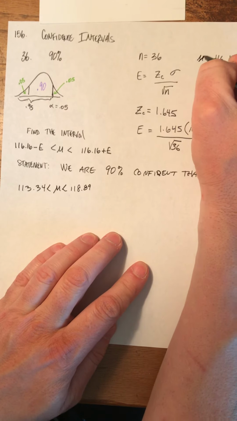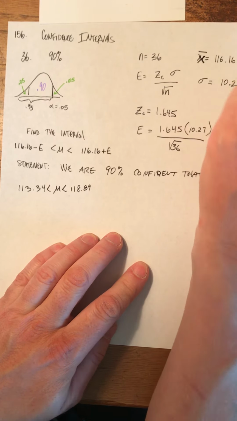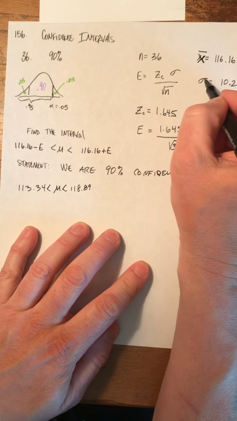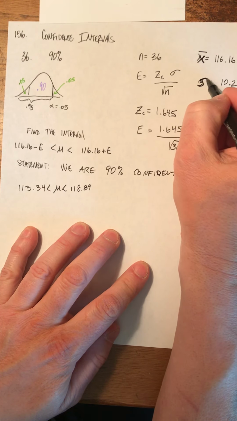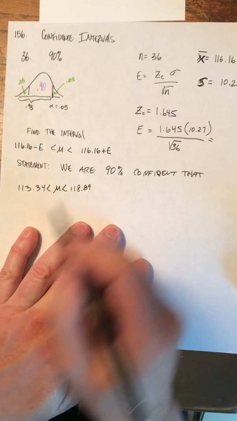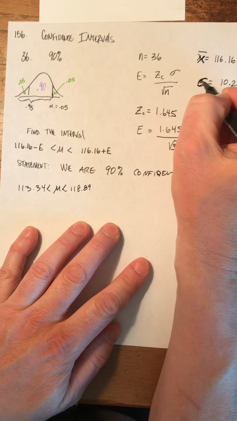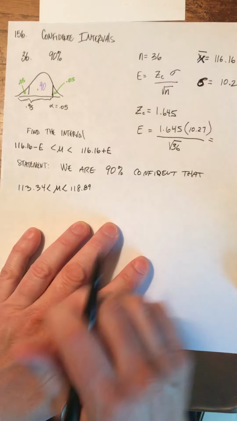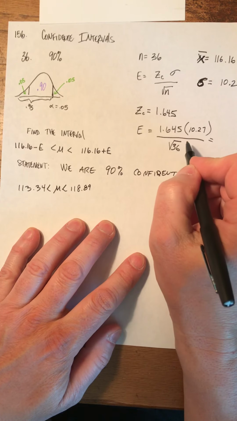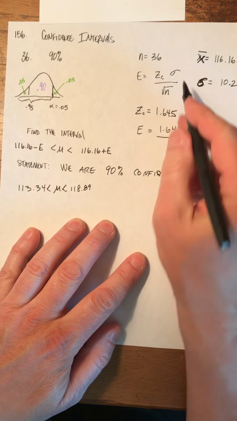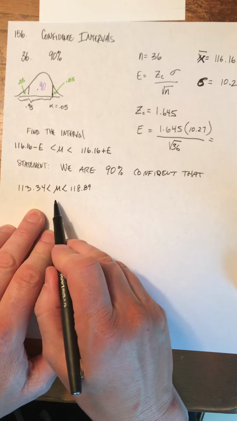This would be a sample mean. The sample mean was 116. The sample standard deviation was 10.27, where I think they'd still call this the population. It doesn't matter one way or another. It goes in here into the formula right here. And then what we're saying is that the true mean, we are